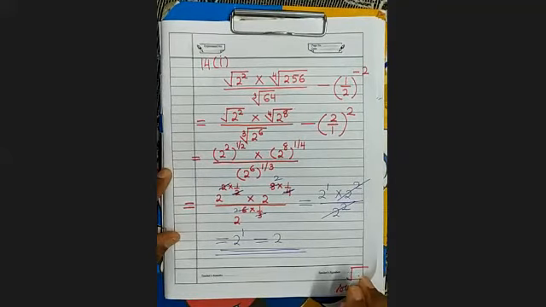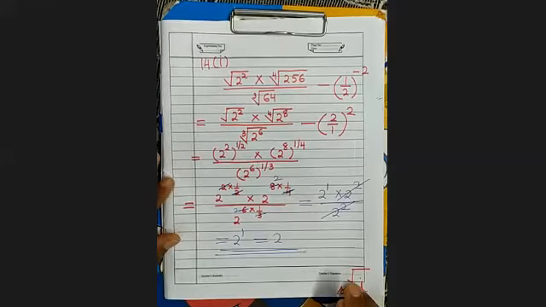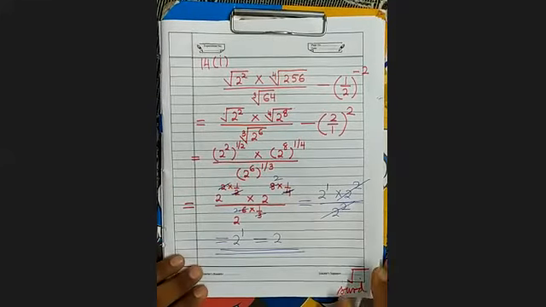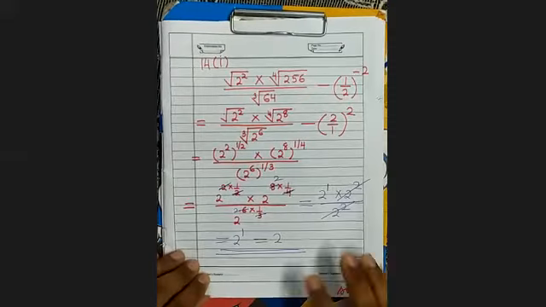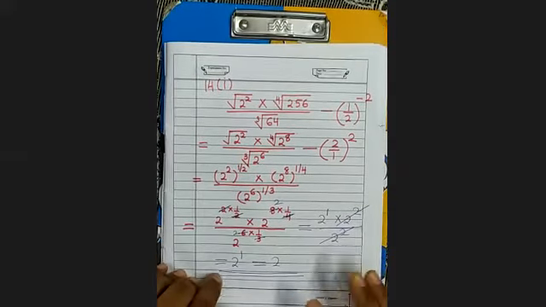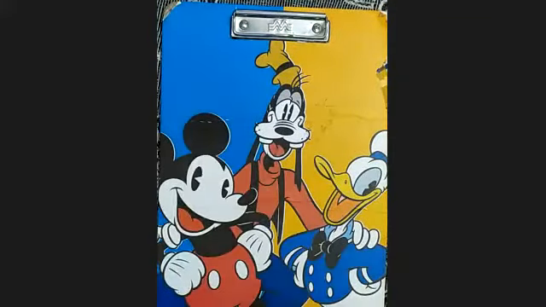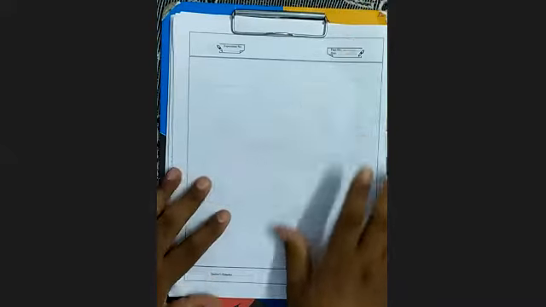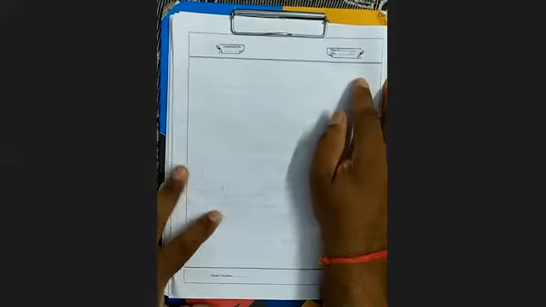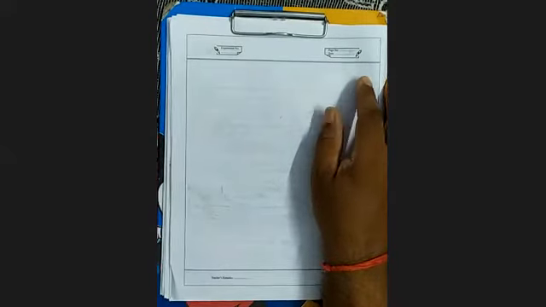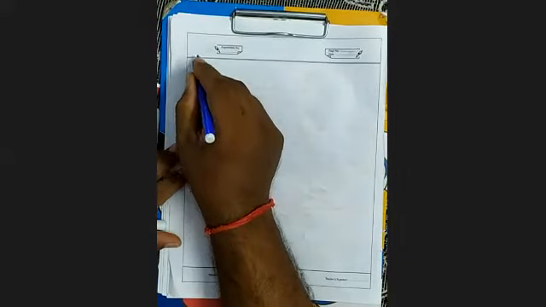Now all of you see question number 16, first part. If you see this question, you will find that at one place the base is 7. Then 49 is a base, and 49 you can write as 7 squared. And then in the denominator, what is the base? 343. 343 can be written as 7 to the power 3.